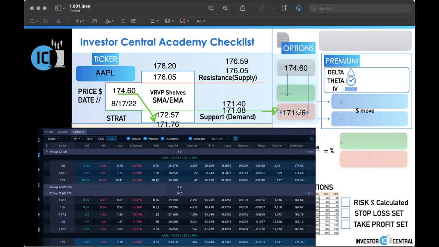We're going to just subtract that from each other. So 174.60 minus 171.76, right? And that's a $2.84 move. Okay. So here, let's assume we're going to take